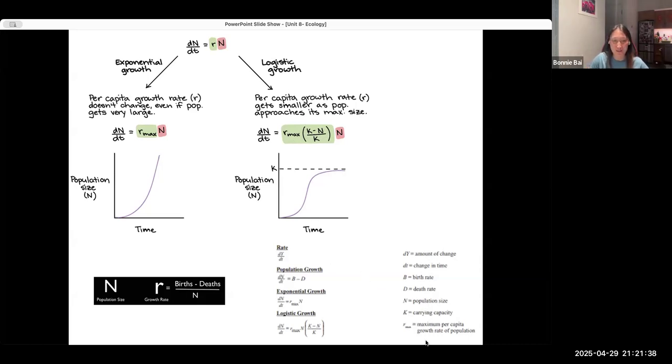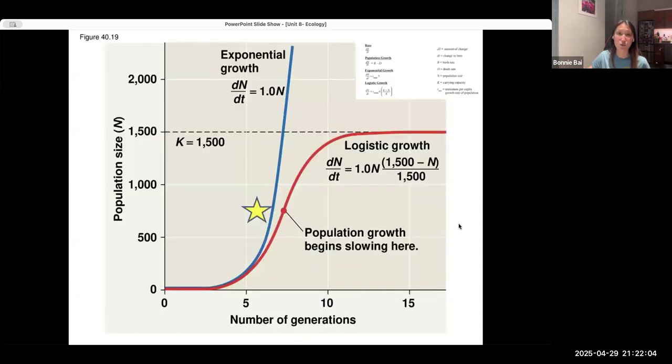It even tells you what each one of them is. You just need to know what they are, like the rise over run kind of thing, that you should already know, I would imagine, from math. Population growth rate is just birth minus death divided by the whole population, which kind of makes sense, but it doesn't show you directly here. So maybe do think about it, but I will say, if this is hard for you to understand, this is one point you don't have to get; you can get the other points that you feel more solid on.